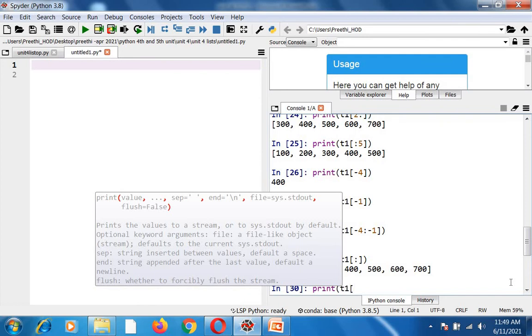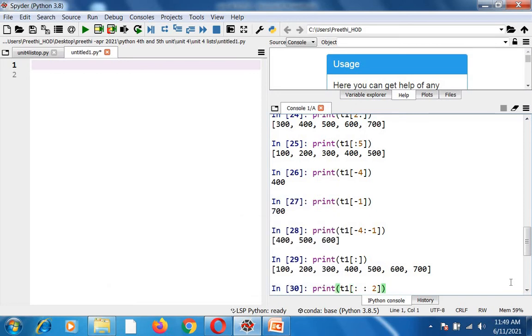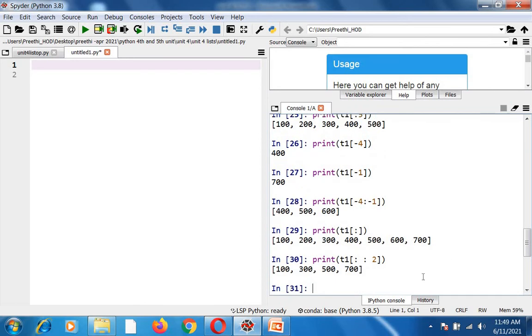The next operator is colon colon 2. What will you get if I print like this? It will skip one value and print the next value. That is what this 2 indicates: it is going to increment by 2 and print.